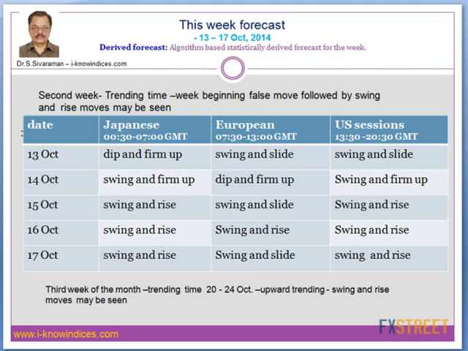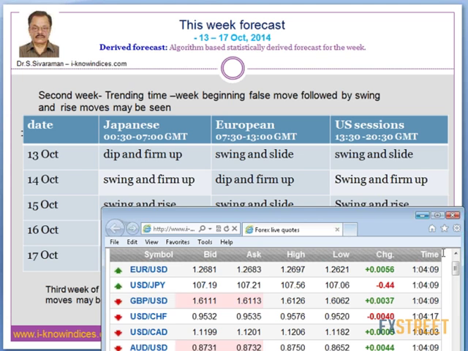Then what happened? They made a small dip and firmed up. During the Japanese session, they were expected to make a firm up. Instead, they made the rise that showed that the carry forward positions were high from the previous week. That is why they straight gained the levels and induced the short covering. After the short covering from 3 GMT onwards, they stopped cutting new highs, and then they started holding the market and slowly making the slide and making the USD gaining move.